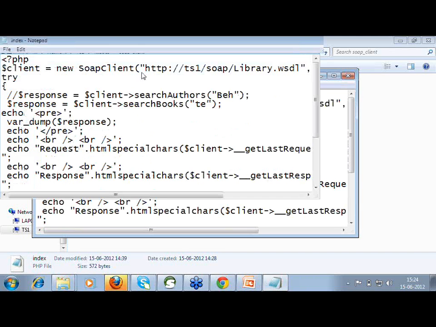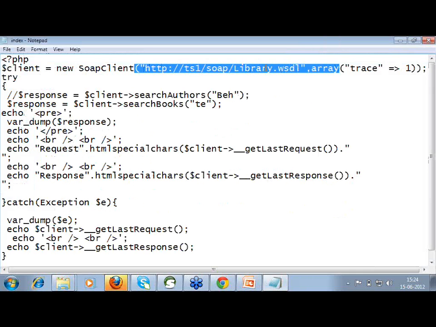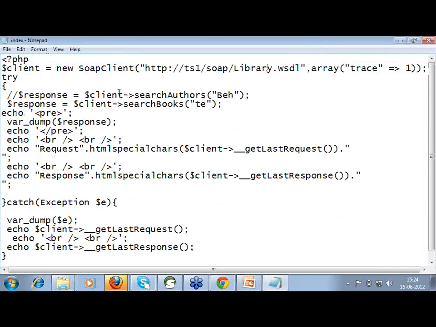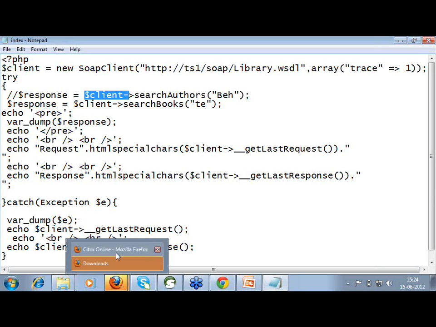If you see this file, I have one SOAP server where I have a WSDL file, and I created one client file, and I call it, and I got it.